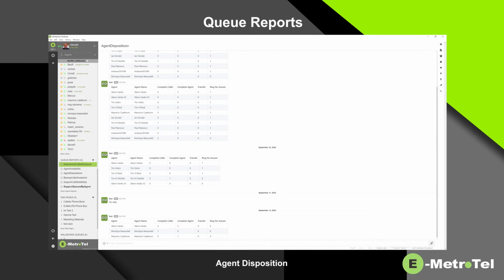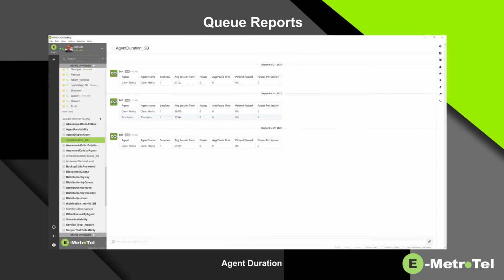Agent disposition shows agent, agent name, complete caller, complete agent, transfer, ring no answer. Agent duration shows agent, agent name, the sessions that the agent is in, the average session time in seconds, the number of times the agent paused, the average pause time, the percent pause per session, and the total number of